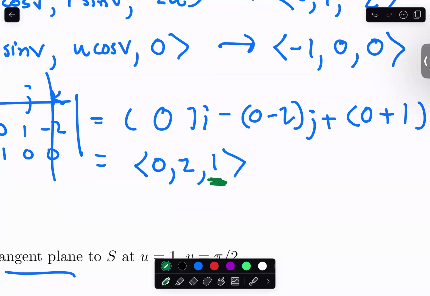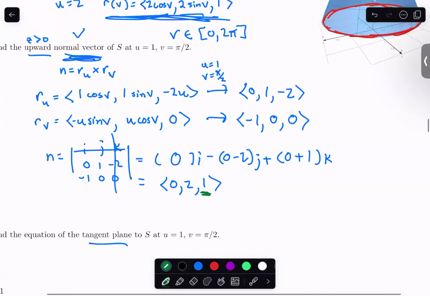What if that was a negative value right here? What would I do in order to force it to be positive? What am I allowed to do in order to get normal vectors? It's close, but yeah, so we need to multiply by -1. That's kind of what absolute value does to specific numbers. We need to multiply by -1 because technically, I did u cross v, but